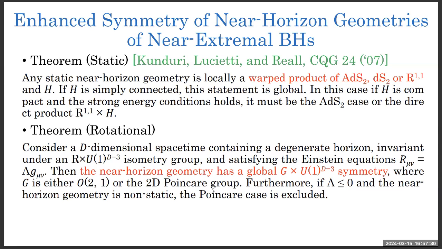So this means that we can find the solution analytically in the near horizon geometry of the near extremal black hole because of enhanced symmetry. For the static case, there is a theorem that the geometry is either AdS2 or dS2 or linear space cross compact space H. And I will show that later